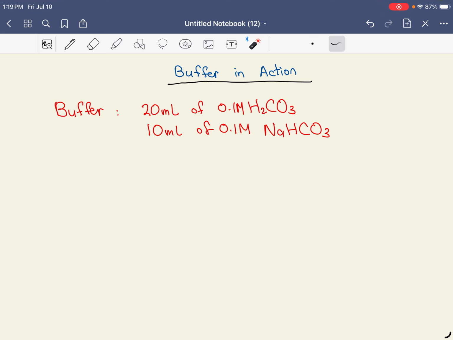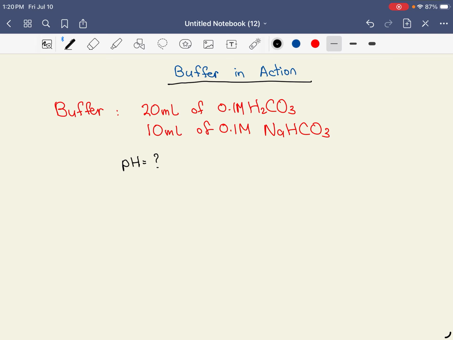Now, let's start off with looking at this question. I have this buffer. What is the pH of this buffer? Let's take a look at how we can find that out. I'm going to show you two methods. The first method is what makes sense. The second method is really just plugging numbers into an equation, but you will get the same answer. Obviously, the equation one, which I will call method 2, is the one that most people will use because it's fast, it's easy, but it really doesn't tell you why you're doing certain things. However, the first method,